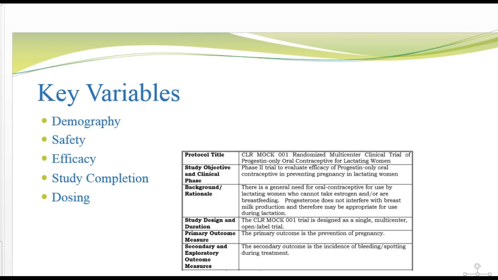Where do you find the key variables? Well, the protocol and the analysis plan will define the primary and secondary efficacy outcome measures. You can see I have a little example up here that you can take a look at, and we'll talk about this further on in the course when we are developing our own project-specific plans. The safety variables